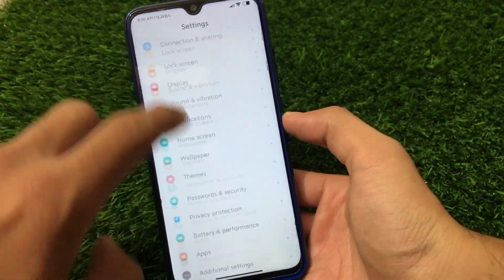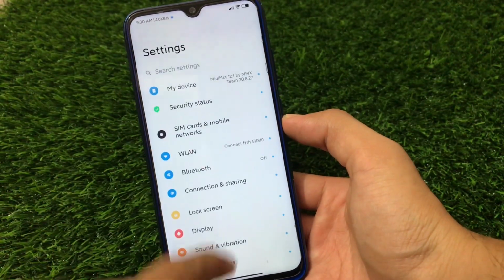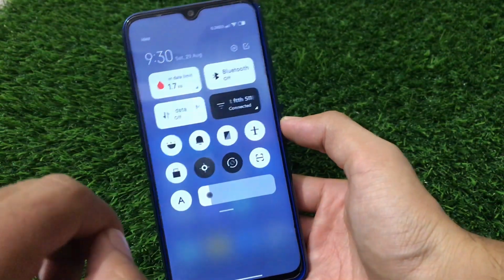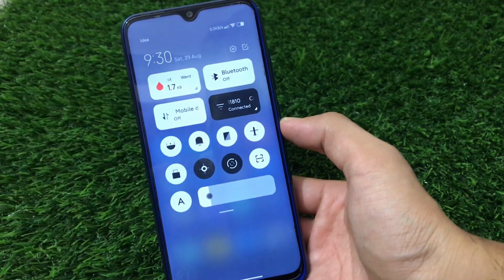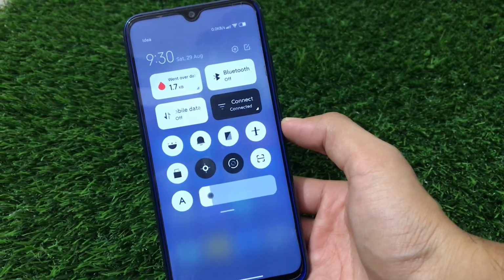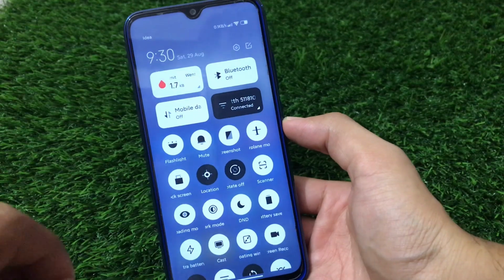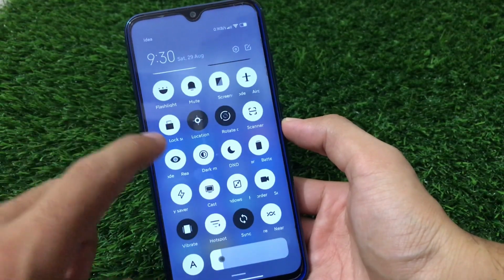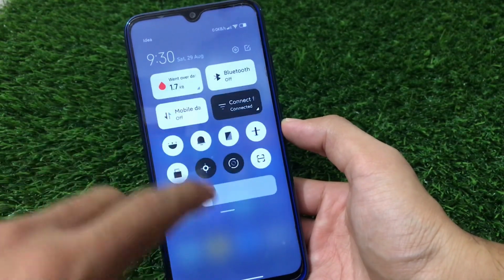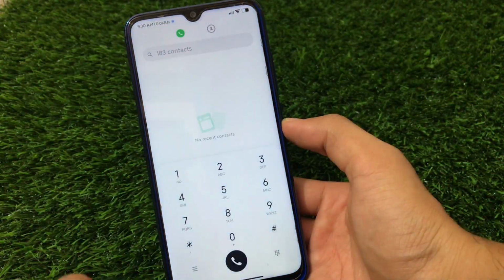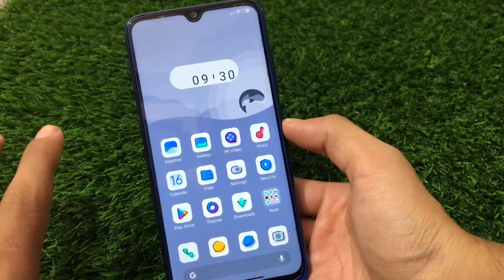Let's talk about the settings. First of all, settings look damn cool. The normal, simple, clean minimalistic look is here, which looks good. And if you talk about the control center, in my case, control center is one of the main highlights of this theme. The control center looks very interesting, and as you can see, all the tiles look very cool. This is a theme you should definitely try, or you should definitely check out. And other things are just the same, nothing else.